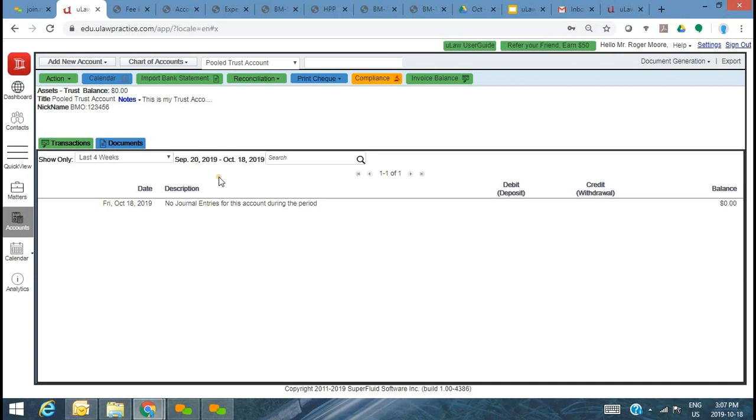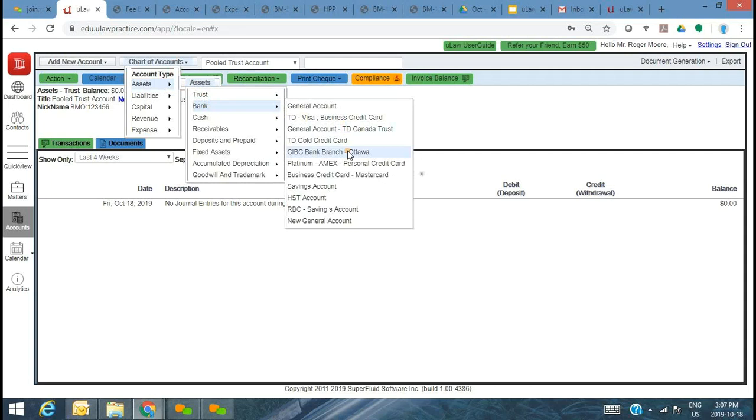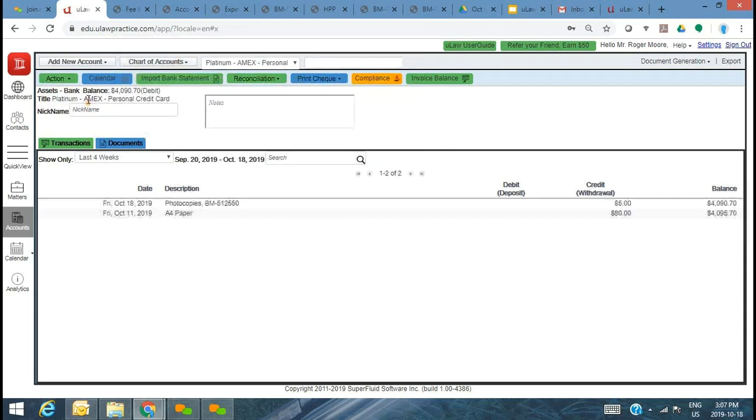The one experience that we've learned is it really goes a long way if you can afford to have a separate business credit card, especially if you're paying out of general, just for disbursements that are expenses related to the client. And you can basically just mark this and give it a nickname even.